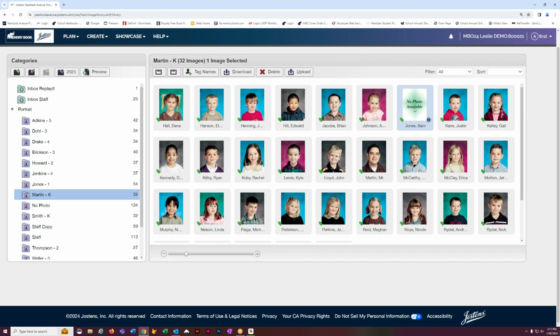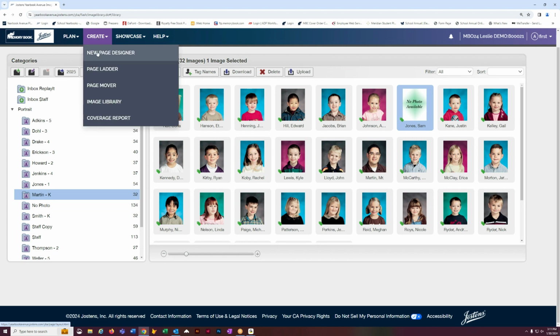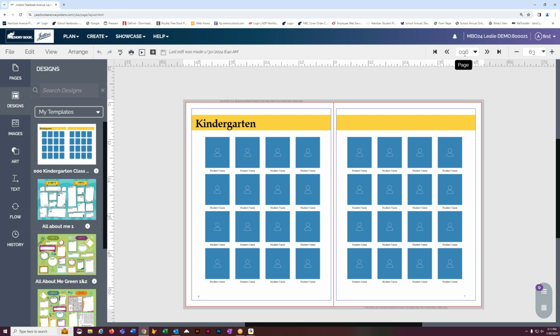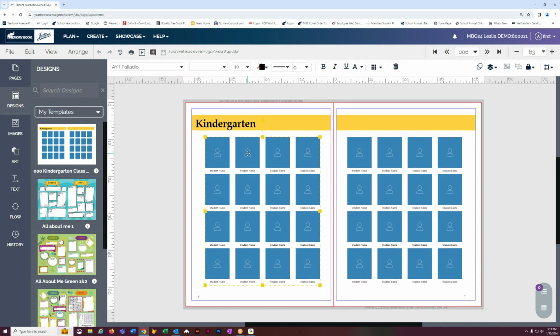Okay, so now that we have these all organized, let's go to a page and get ready to flow them onto the page. We're going to go to the new page designer, and I'm going to be working on page 6. Now, this is a template that I've already saved, and so I just drug it over to the page. And if you'll notice, these portrait boxes have the silhouette of a person there. So this is called portrait flow